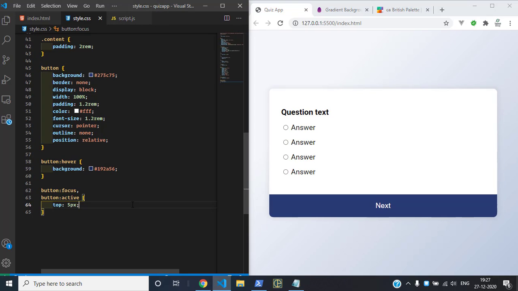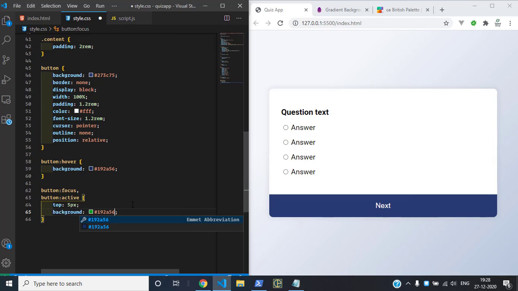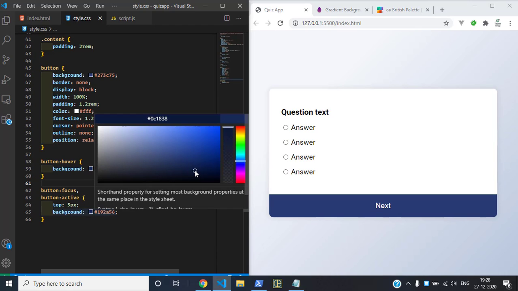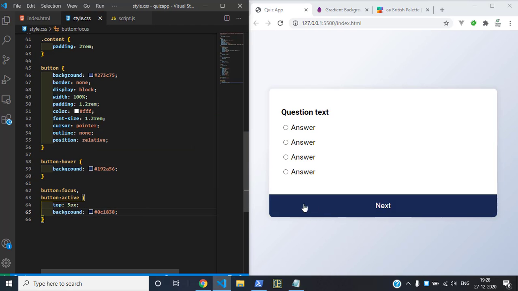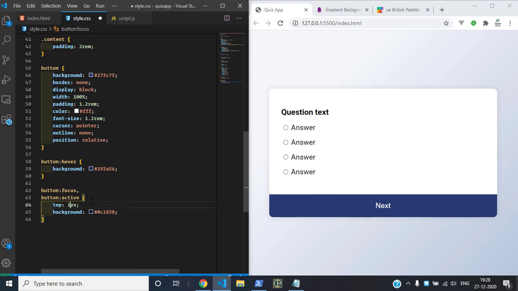And we can also add some background. Let's say at first 192A56, and we can change it to this one. So click, you can see the difference. And let's see, if I make it 1 pixel,